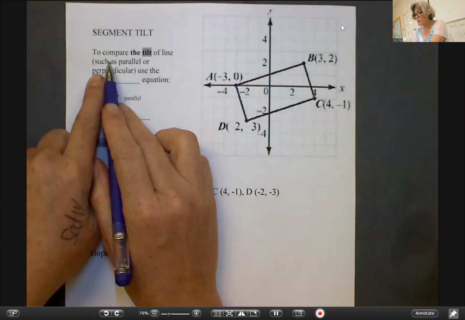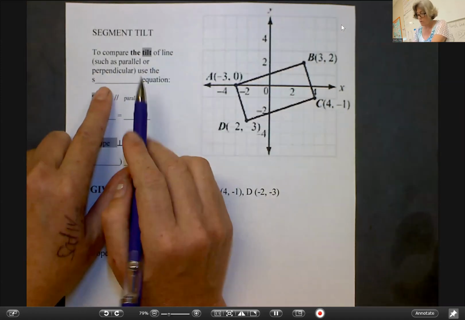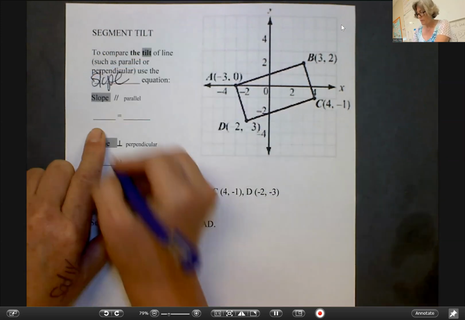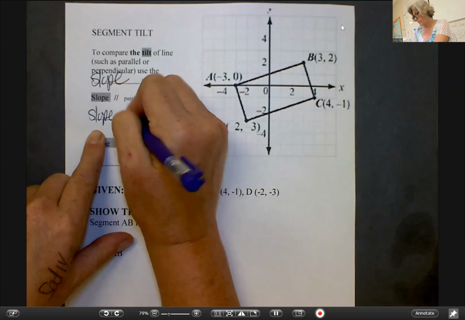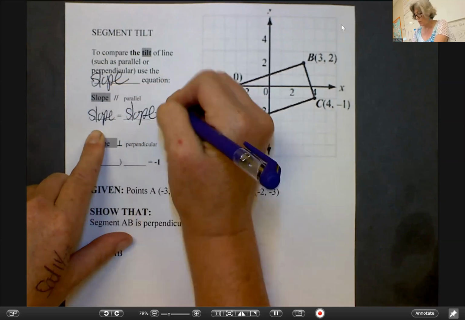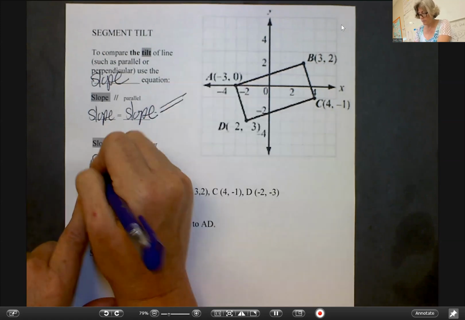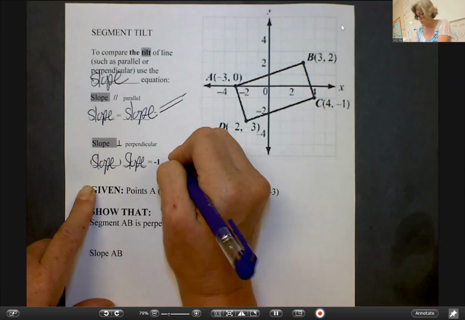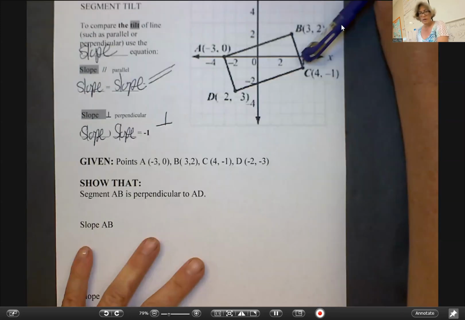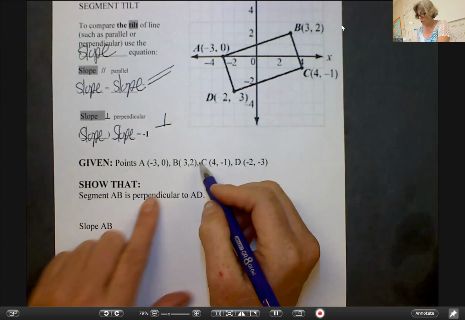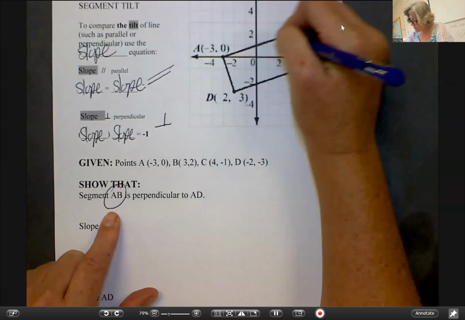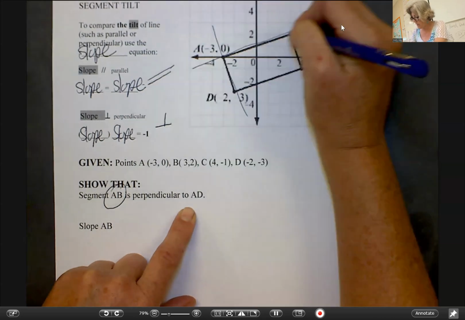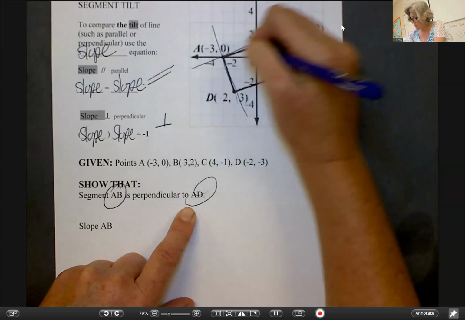We're going to compare the tilt of a line, such as parallel and perpendicular, using the slope equation. Slope equals slope gets us parallel lines. Slope times slope equals -1 gets us perpendicular lines. Given the same set of points, we're going to show that AB and AD, just trace it, AB and AD are